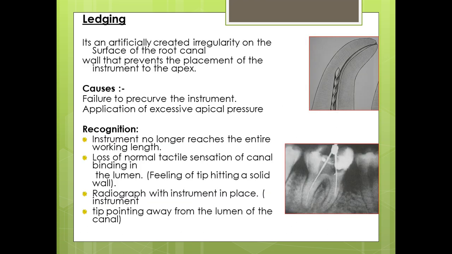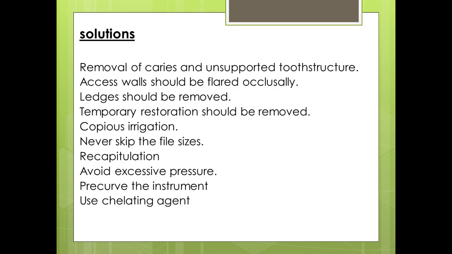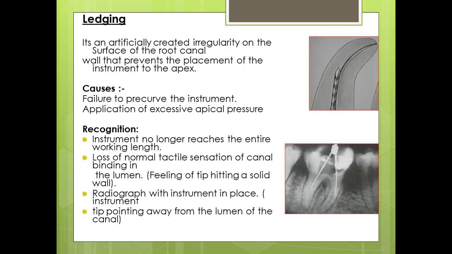Next, we'll move on. One more thing to discuss here. What is a canal blockage? It is an obstruction in a previously patent canal system that prevents your access to the apical constriction or apical stop. Fine. So we'll move on to the ledge formation or ledging. So what is a ledge? A ledge is an internal transportation of the canal that prevents the positioning of the instrument till the apex in an otherwise patent canal. So already first it was a patent canal, but you have created an artificial irregularity so that the file is not passing into the previously patent canal.